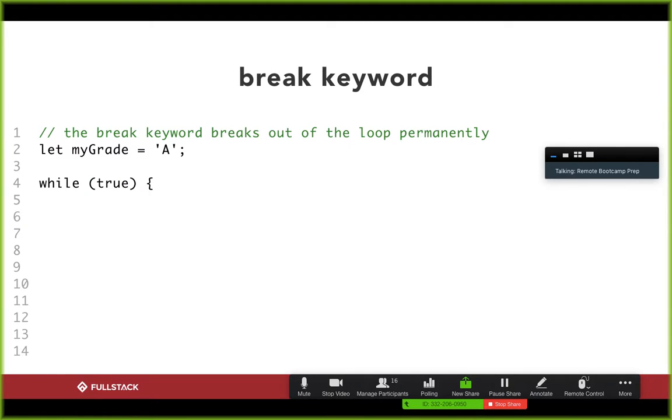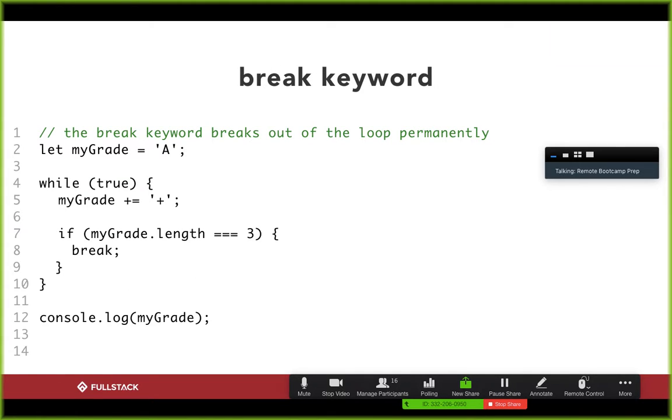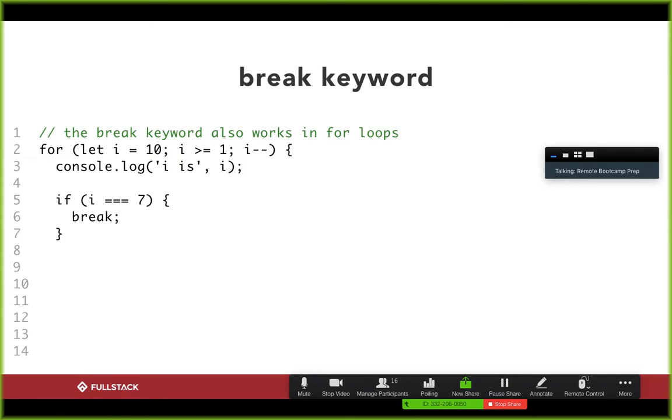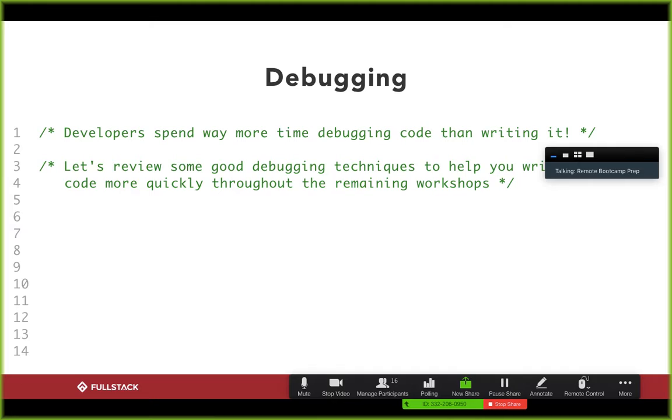Cool. All right, so that's pretty much it for loops. These are things we want to cover: a while loop, a for loop, and the continue and break keywords. May seem simple, but when you do the workshops, we'll see. There's a section on debugging too, and I'm actually not going to go into as much depth on the debugging session, and the reason why is because